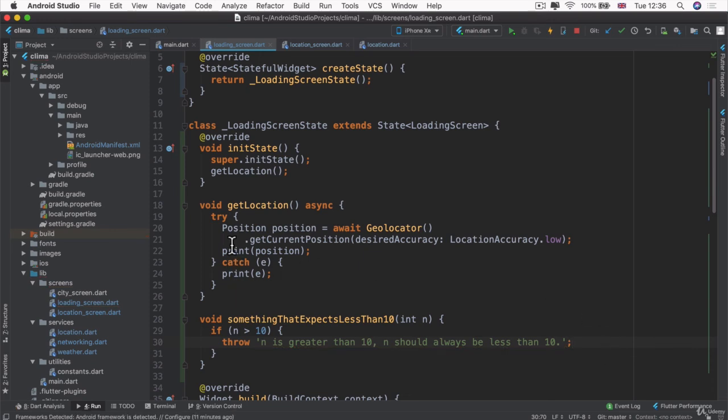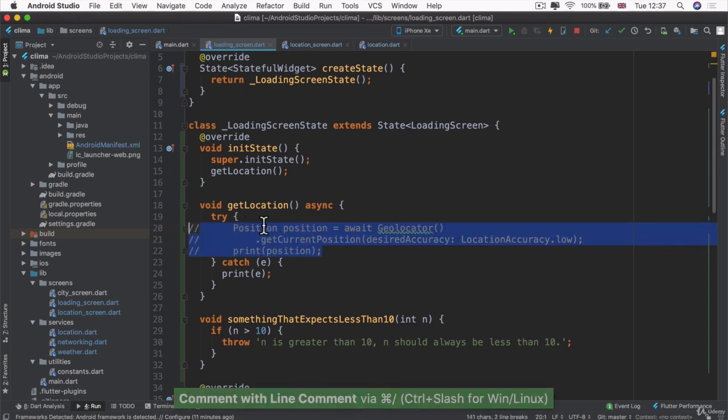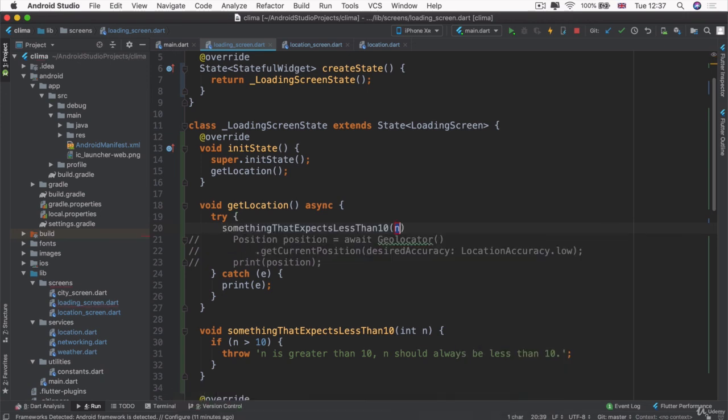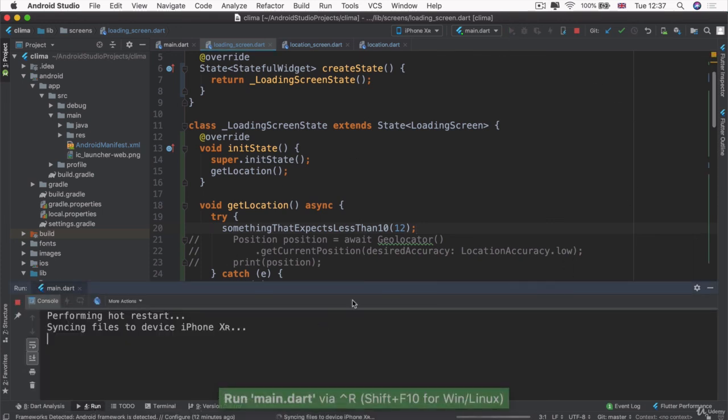And now let's say inside our getLocation, instead of trying to print the position and get the position from our geolocator, we instead use our method somethingExpectsLessThan10. And for n, we're going to put in 12, which clearly is going to violate our rules and it's not going to work. So now if we hit run and we check out the console,